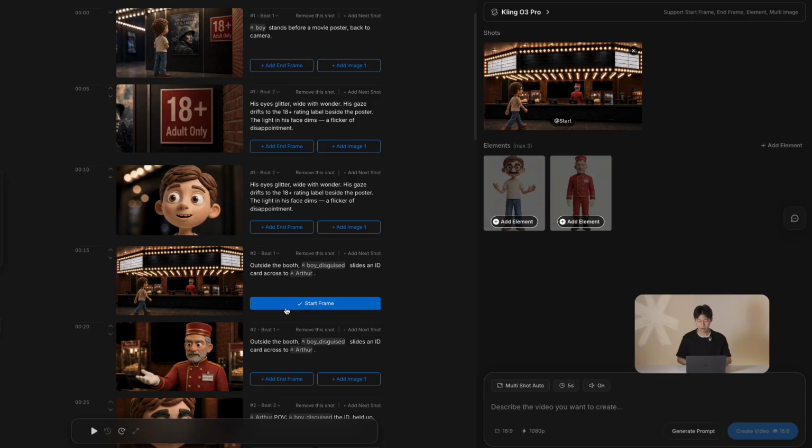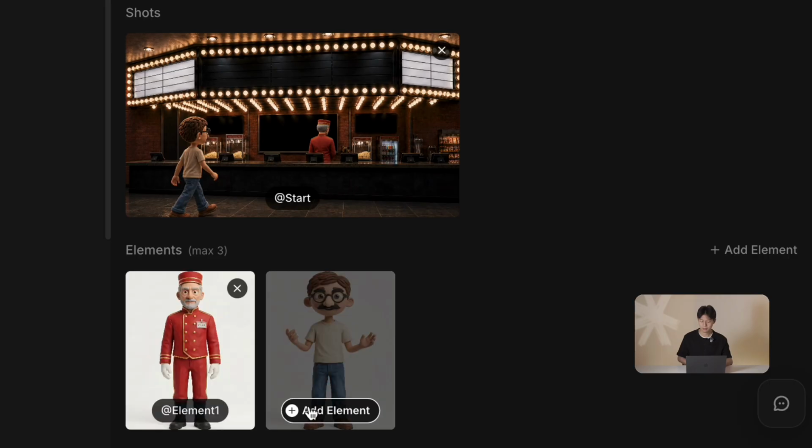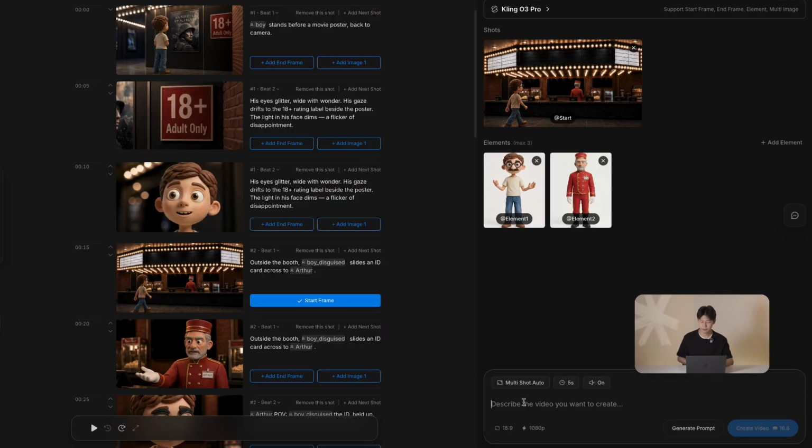I click start and you'll see the element here. If I only had the shot, we'd just see the character's back, or the model would make up a new face with no consistency. So if I add the element, the model can look at it and keep the front of the character constant too. I write my prompt with @ and I keep it simple.